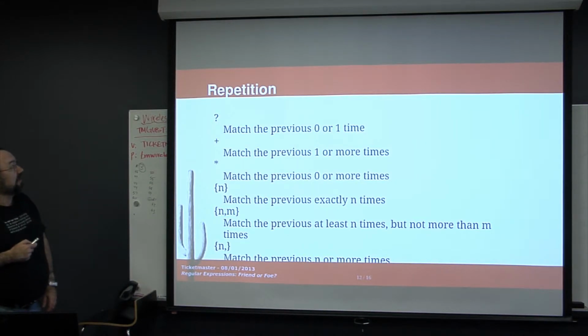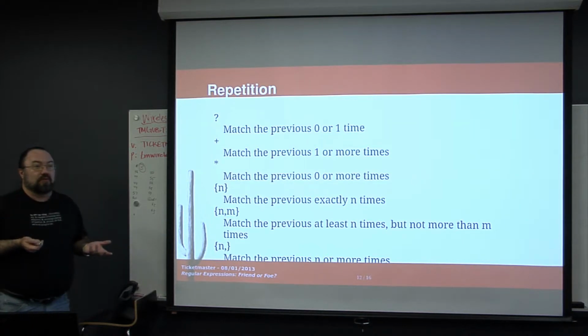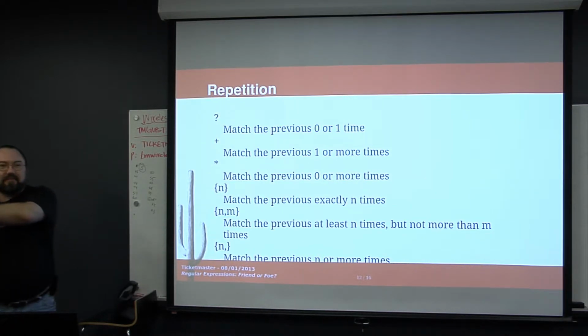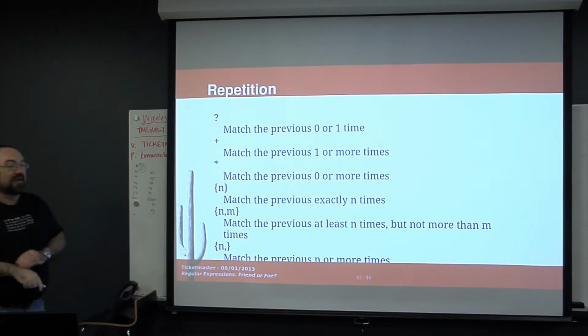Anyway, repetition. So far we've just been talking about things that match single characters, right? Like remember for the HTML color, you've got 6 hex digits, so we needed 6 character classes to do that. Well, that's not very efficient, right? You've got 6 of the same thing listed over and over. So now we're going to talk about how you fix that. You use these special meta characters.